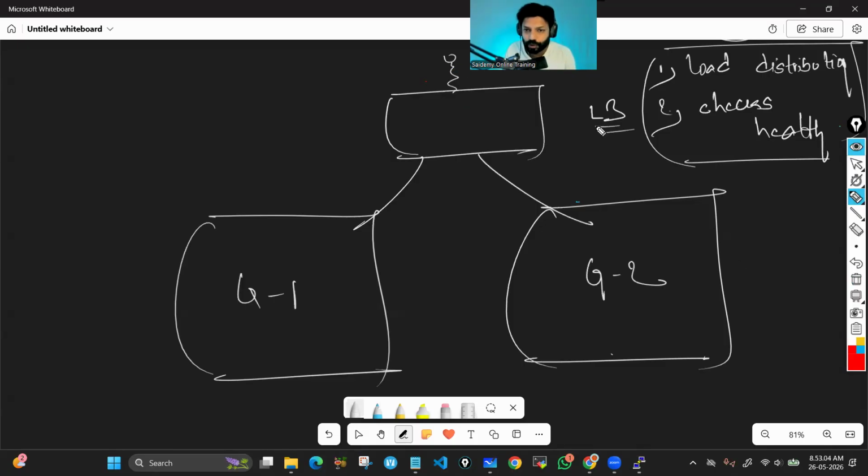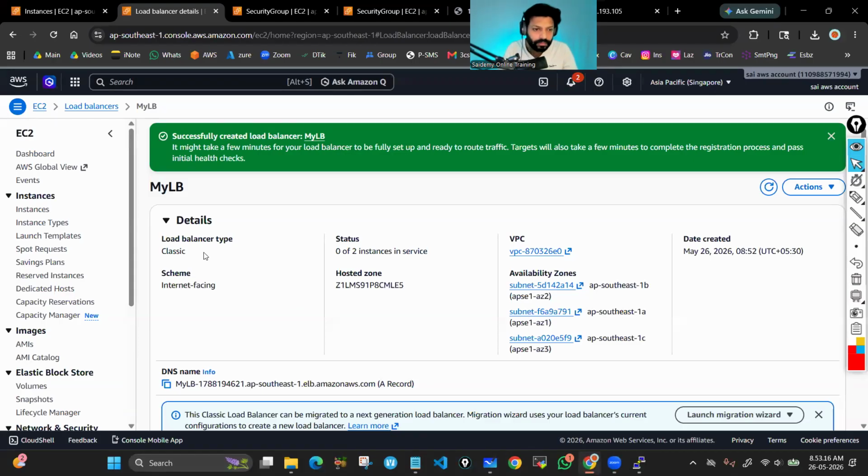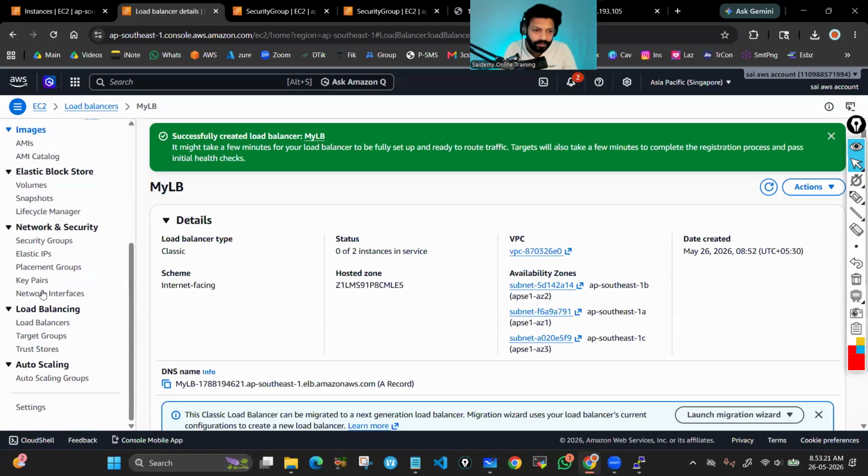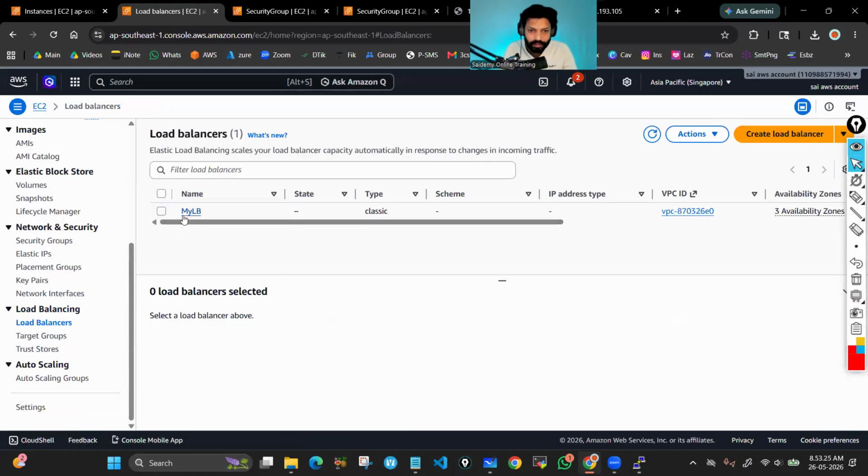When customers use the load balancer DNS name, the load balancer will send one here, one here, one here, one here, like it distributes the load. Okay? Let me show you. This is our load balancer. If you want to see that, even if you go one step back, this is our load balancer. If you just select it,